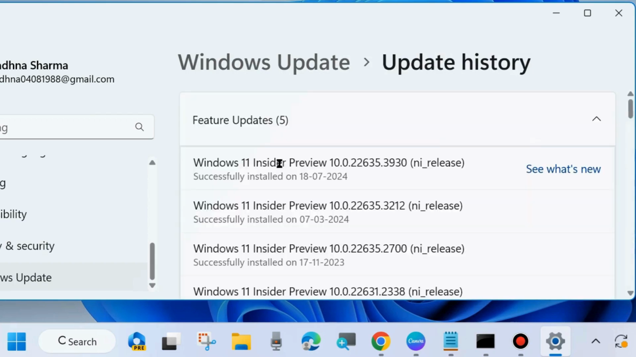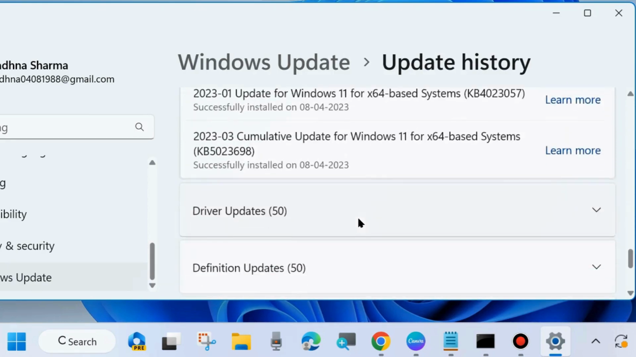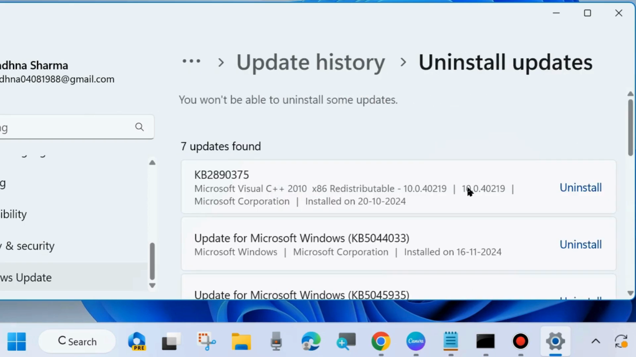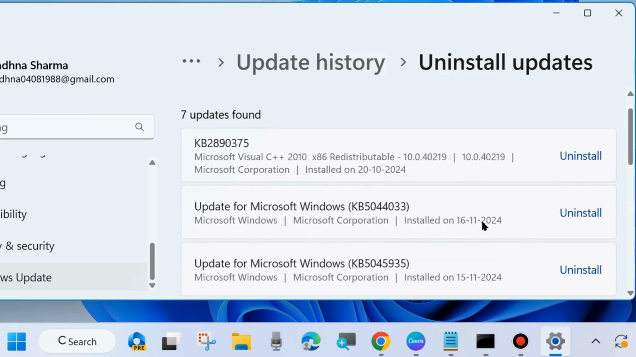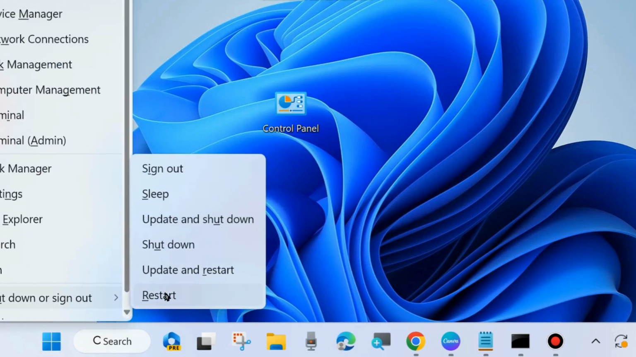And again go to Update history, scroll down and choose Uninstall updates. Here go to your recently installed updates. After that your problem starts, then uninstall recently installed Windows Update. Simply choose Uninstall button against update and restart your system. Your problem regarding hotspot stuck while disconnecting